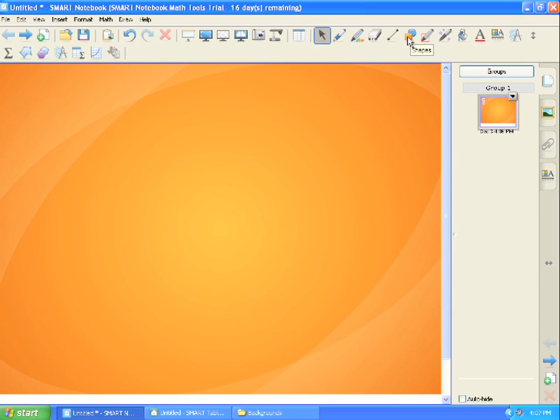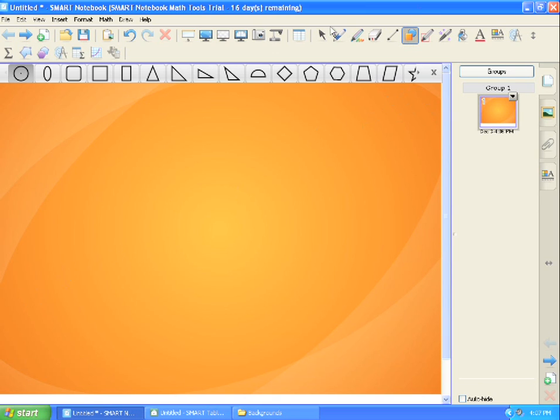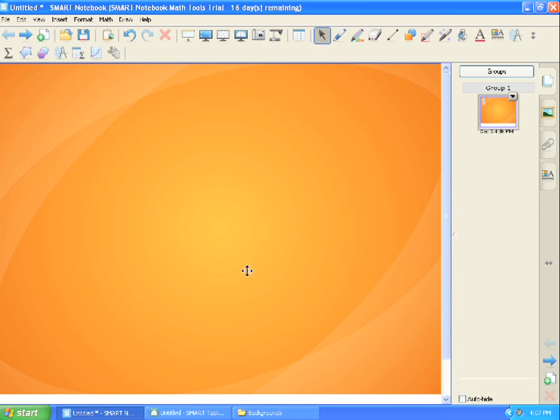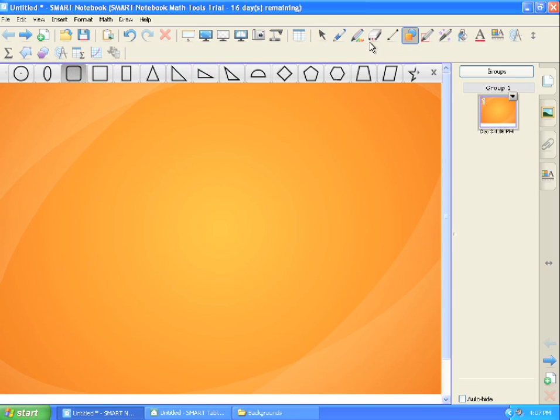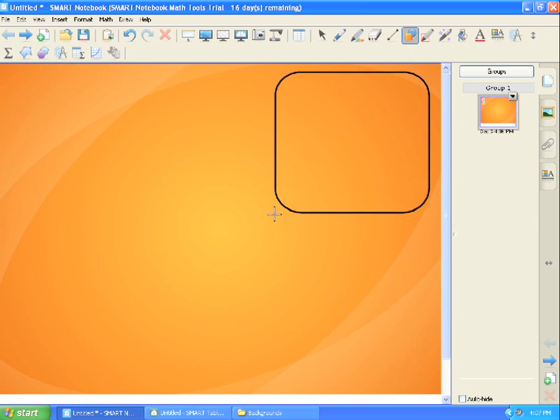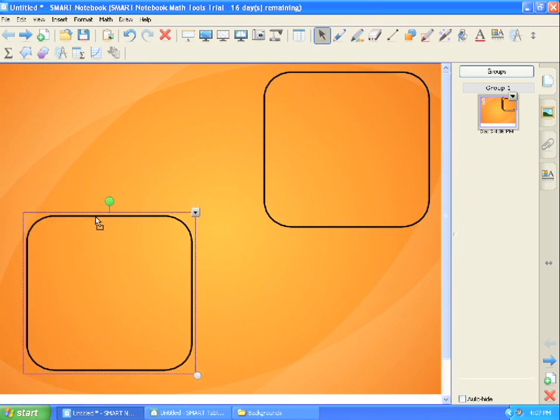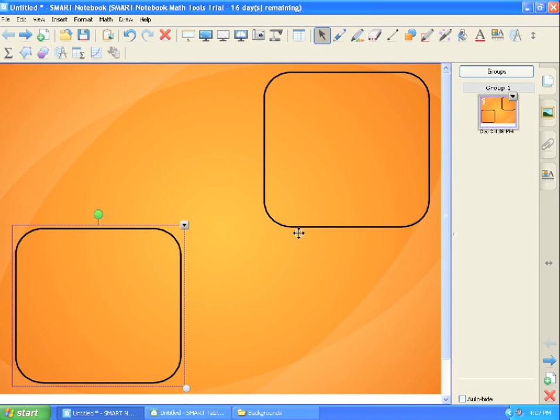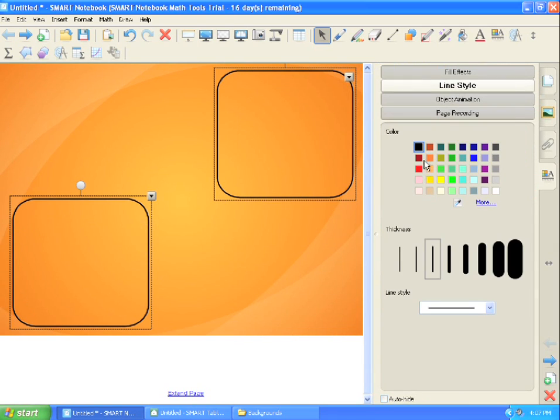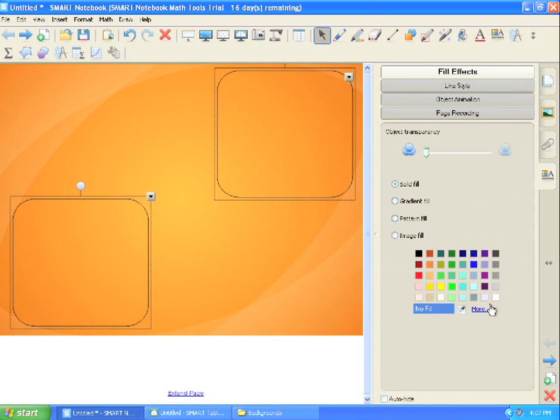So what I usually do for an activity like this, I lay it out where there will be a hot space in each corner, and the objects that need to be dragged around will be in the other 2 corners that are free. So I'll draw myself a space in this corner like this, and then I'll usually select the space. I'll right click to choose clone, and then drag this into this corner so I know they're of the same size, and then I might select them both, go into my properties menu and change the line style to be a bit thinner and make them white,